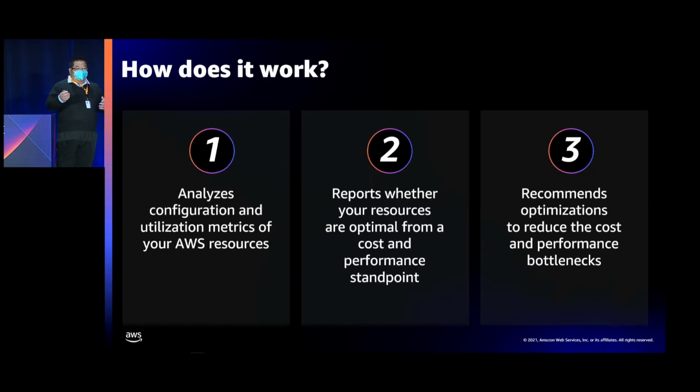So after doing all this analysis, Compute Optimizer forms an opinion about the resource and tells you what the recommendation is. And together with the recommendation, it gives you a couple of other pieces of additional information. Things like estimated monthly savings, price difference, and projected utilization metrics, so that you can analyze this important information alongside which instance type you should be using. And these recommendations are refreshed daily.